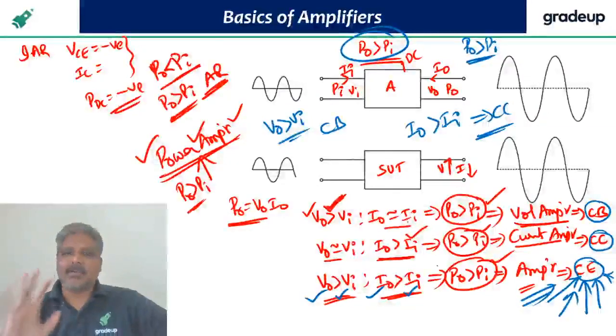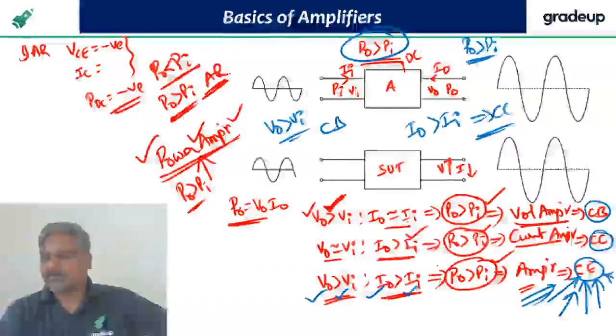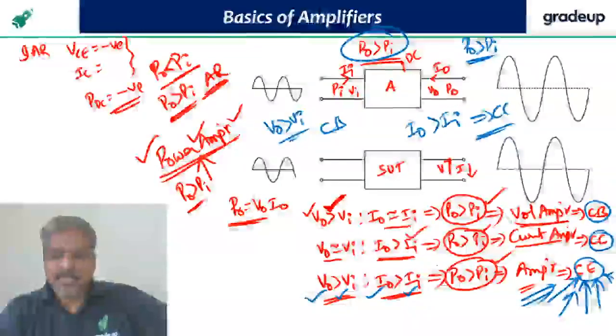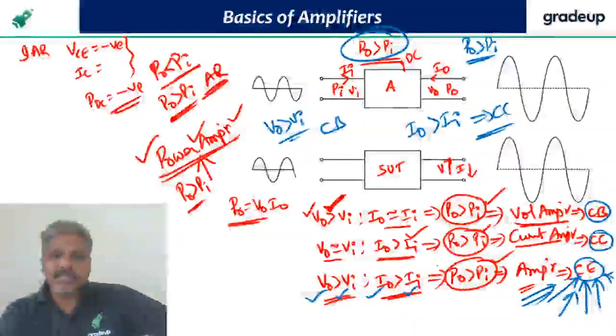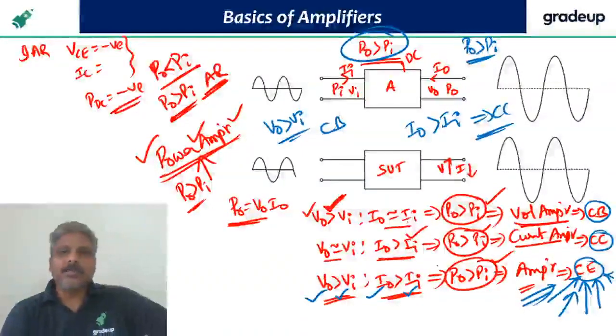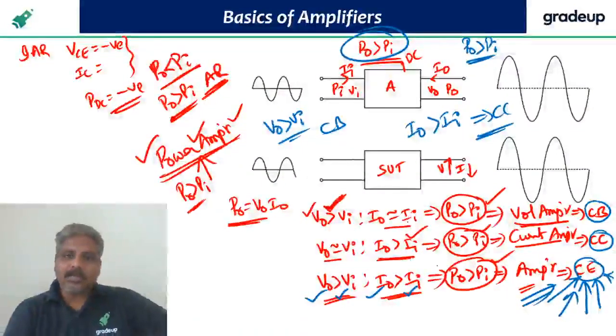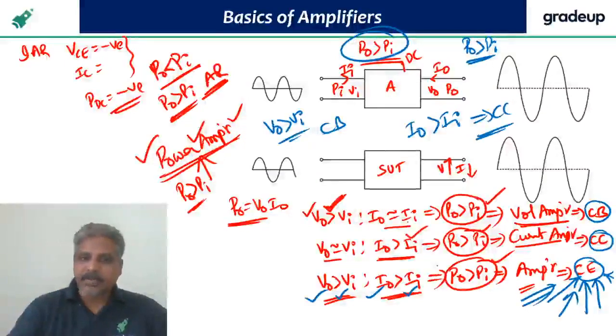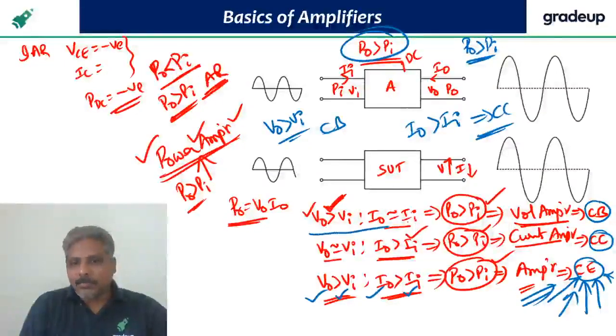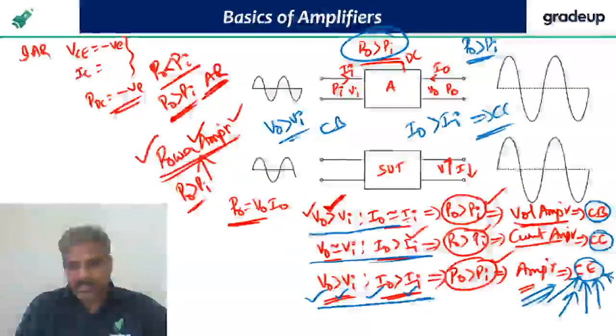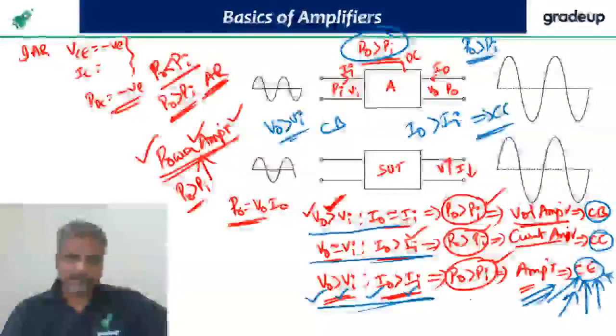Let's first understand what is amplifier. Clear? Please take the screenshot, guys. I want to erase this slide. Please take the screenshot. Since you understood what is amplifier now, what are the types of amplifiers? This is one type where voltage is increased. This is another type where current is increased. This is another type where both are increased.